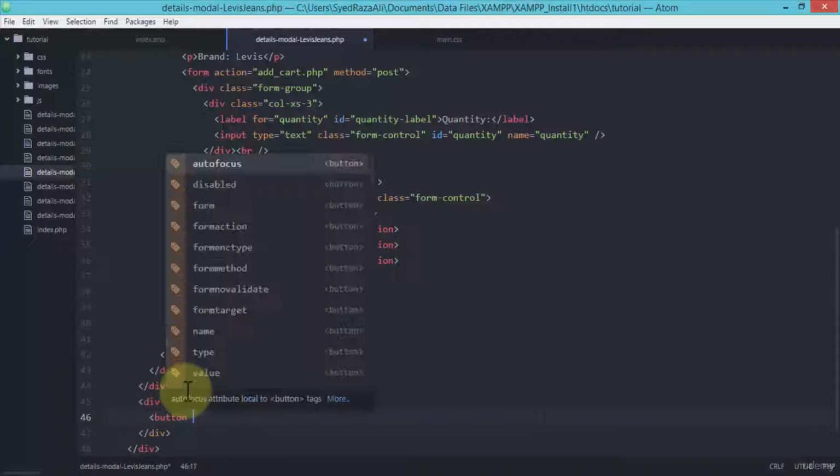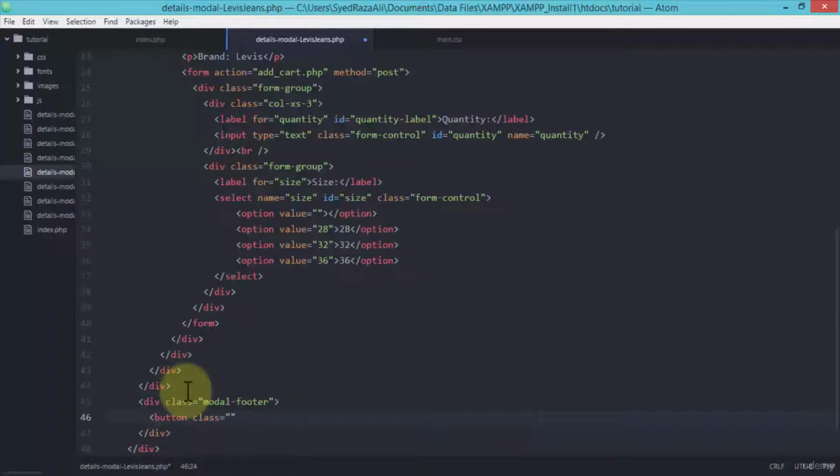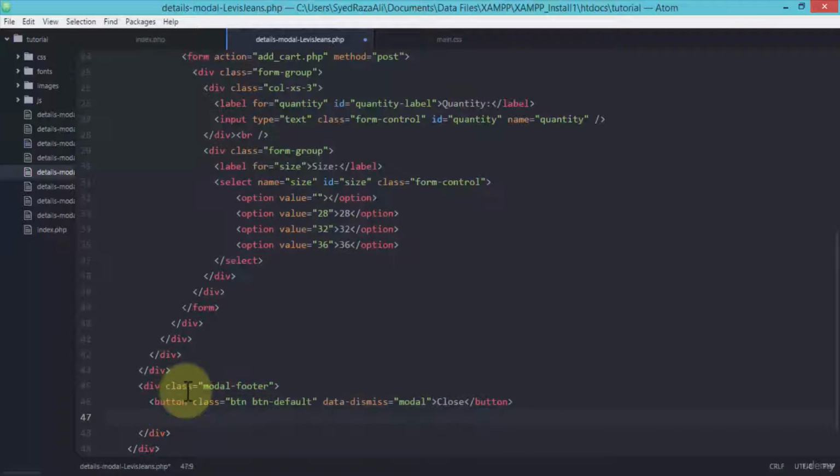So I'm going to create a button class, and I'm going to call it btn, put a default button, and use my data dismiss, and call it modal, and then close. The next button is going to be for the warning here, for instance. So I'm going to say button btn warning, and then the type is going to be submit, and also specify